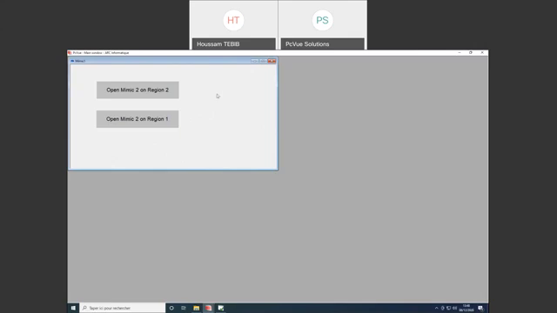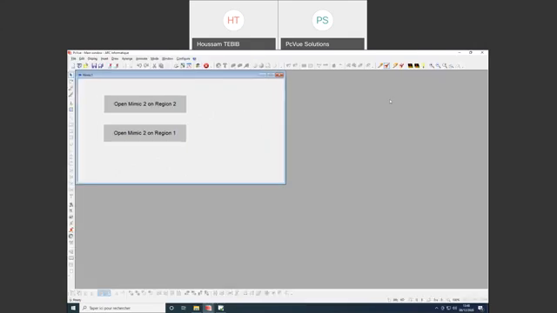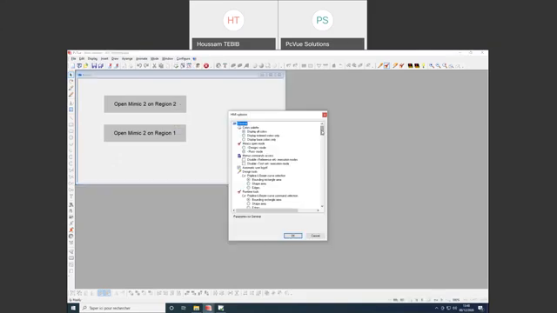So I can now open the same mimic on 2 different regions, and to do that I have to modify or activate this option. So I need to go on configure, and here you have HMI option. So if you scroll down, here you have a region different property for this animation. So you can activate the advanced mode and activate this option to open the same mimic in 2 different regions